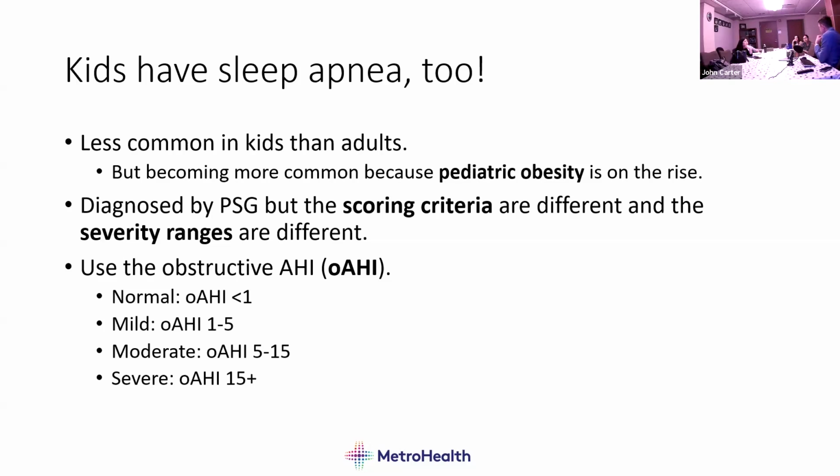In my mind, the way I think about it is it's down to pure mechanics. Kids have less dead space, right? So when a child breathes, especially if they take a big breath, like after an arousal, they're going to blow off their CO2 much more quickly because they're not ventilating dead space. So the swings between normocapnic and hypocapnic happen much more quickly and readily in kids.